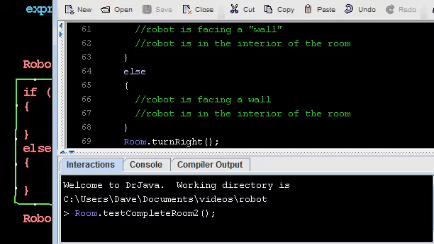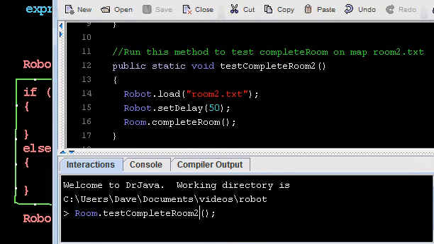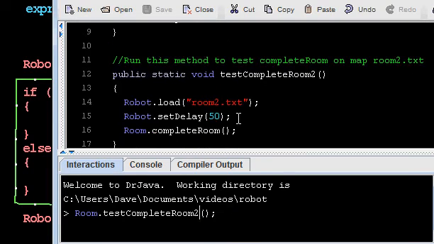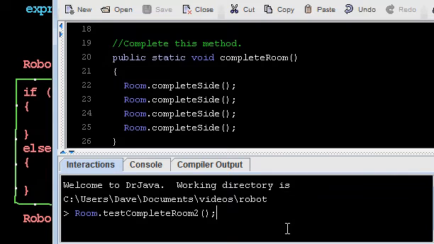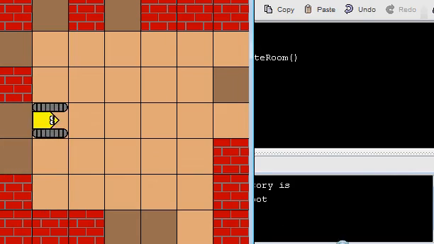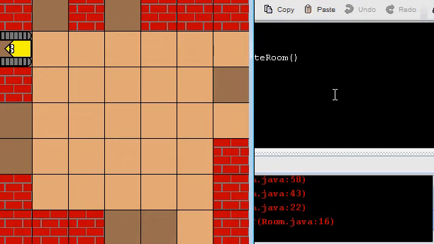So I'm going to hit enter, and I should tell you, these test complete room methods that I've been calling simply load the room, make the robot fast, and then call the complete room method that we wrote that completes the side 4 times. So let's try that out. Let's see if I can make this pop up faster. There we go. Okay. Now here, we did well. We completed these 2, and then we crashed because this cell here has already been completed, or is already dark,